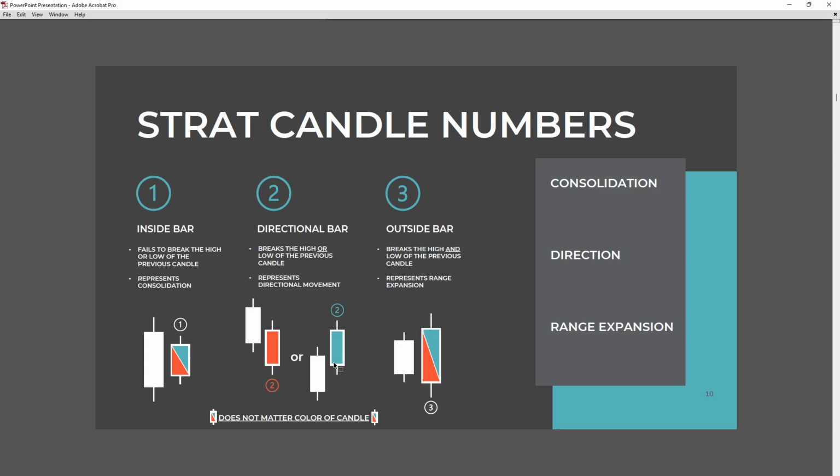So we can look here and say, okay, and then we also have to break down the anatomy of this candle, and that's a later thing. I'm not going to get too in depth with that. But to say, okay, what type of candle is this? What type of two is this, or what type of one, or what type of three is this in comparison to where we're at with this candle? Based on the 50% rule right here, let's say this wick right here is 50% of the midline of this previous candle. And so if you want to see some bullish momentum and strength by the wick below,